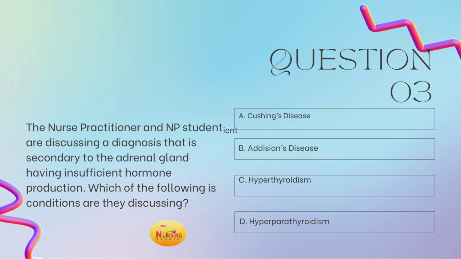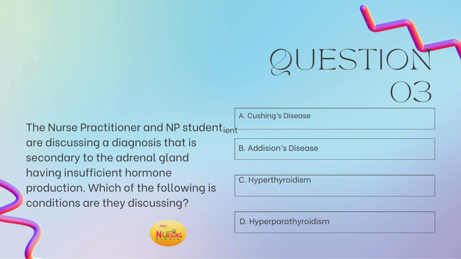And they have too much of the hormone cortisol, right? And that's why they describe it as that moon round face. They can get that hump, the buffalo hump, the humpback, and then the purple stretch marks. Whereas with B, Addison's disease, which is the answer for this, is where they have that insufficient,